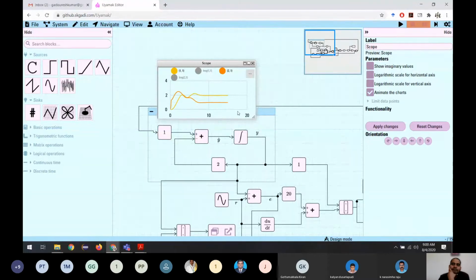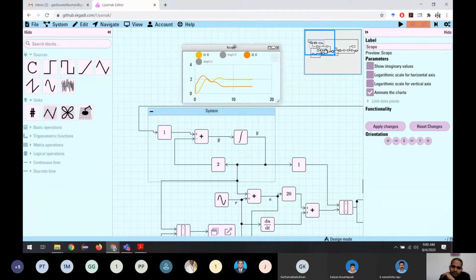So it is important to notice that it is not always required to reach this, because in this algorithm what we are making sure is the output is following a trajectory. We are not making sure that the parameters are reaching their final values or are identified properly. So maybe in your simulation, your parameters may not reach the values which are in the system. It is possible.